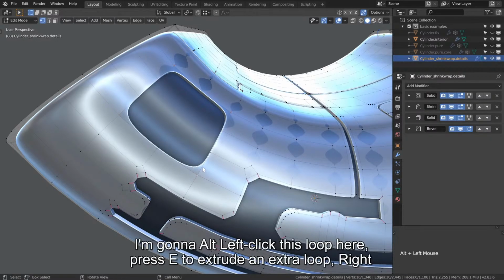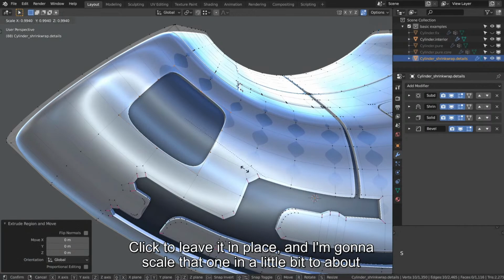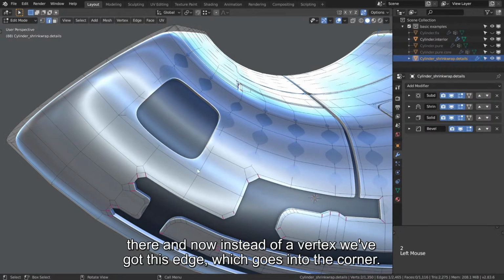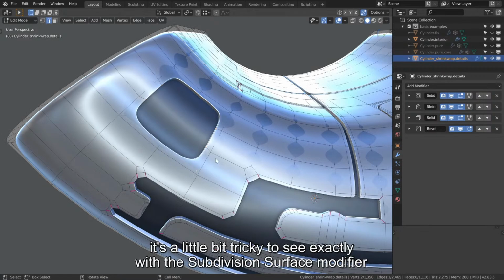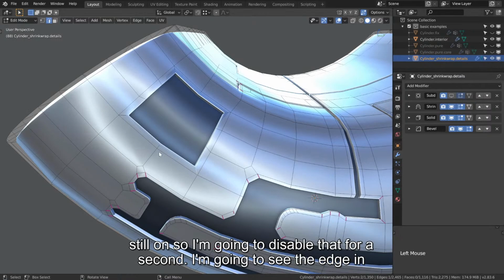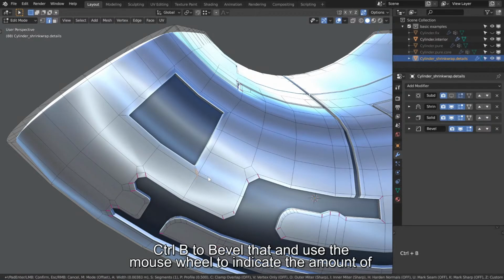I'm going to Alt left click this loop here, press E to extrude an extra loop, right click to leave it in place, and I'm going to scale that one in a little bit to about there. And now instead of a vertex, we've got this edge which goes into the corner. It's a little bit tricky to see exactly with the subdivision surface modifier still on, so I'm going to disable that for a second, and we can see the edge in question there, just this one going into the corner. And then what we can do is Control B to bevel that and use the mouse